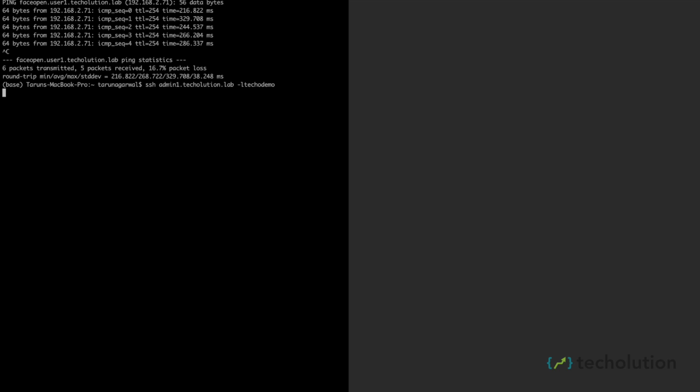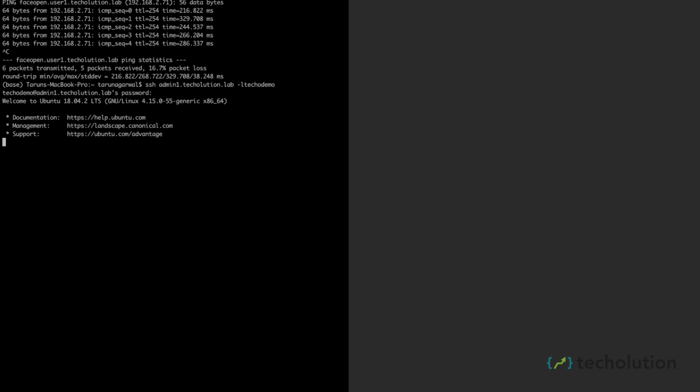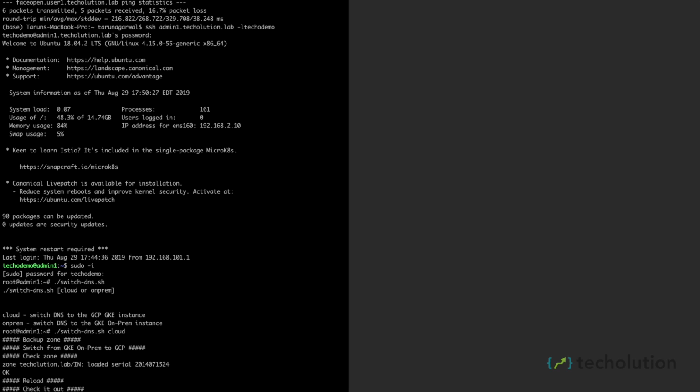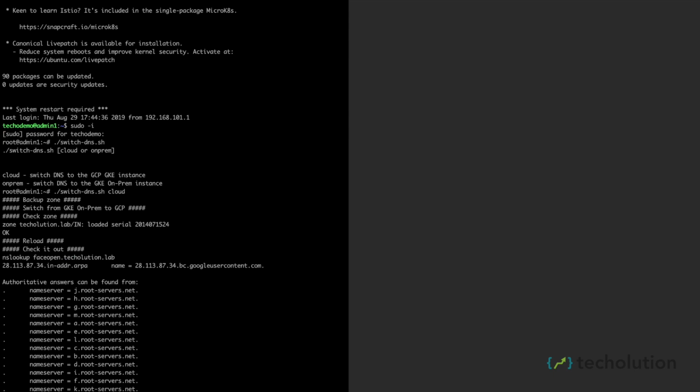You can't see it here, but we are VPN'd into the Anthos environment, which is why we're able to access that IP. So we're going to SSH into that Anthos server. Now we're going to do a sudo to give us the right permissions. Then I just want to show you really quickly what the actual DNS script looks like. We're going to execute it, and we're going to pass in the cloud. This is going to switch the DNS from pointing to the local Anthos application